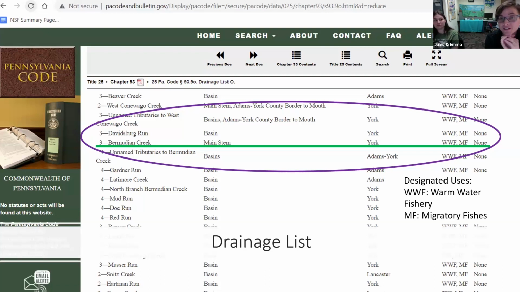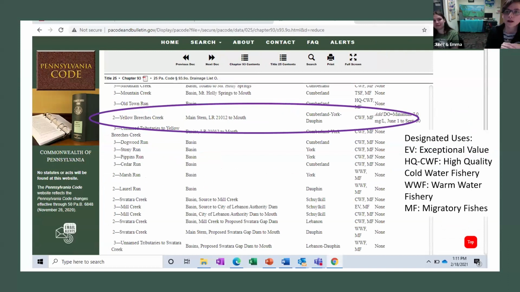But fortunately, we can create maps, and we can have the metadata in Excel sheets behind the maps that we've pulled into your data packet. So go team, go. Let's go to that next slide, please. So once you have a sense of your designated uses, then we can start thinking about those water quality standards that are connected to that. And just to remind us of the main designated uses that Emma pointed out, we have exceptional value, high quality, cold water fishery, warm water fishery, and migratory fishes, and some recreation in here as well.